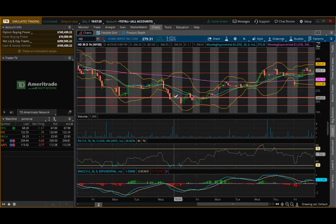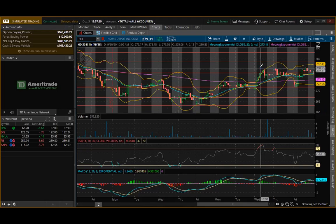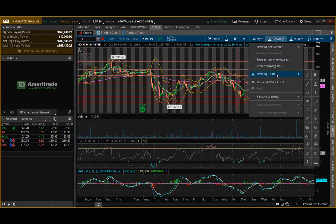Breaks support right here. Goes to it, goes up, breaks resistance. Hits support. Doesn't all the way go through. Meets it, but comes back down. I can put this just right there. So that's how I would do mine. And then from here, I always go to